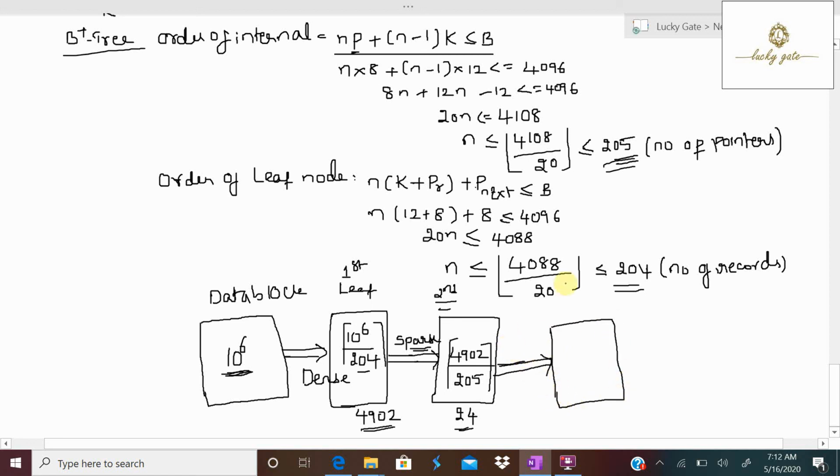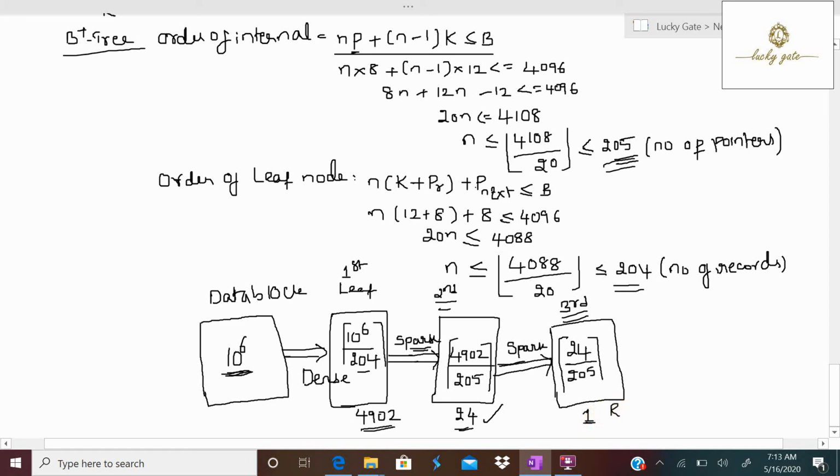So again we are going to create a third level of index. Over the second level I am creating the third level. Again the third level uses a sparse index. In a sparse index, the number of index records equals the number of blocks in the previous level. In the previous level, you have 24 blocks, so in the third level we have to create 24 records. For storing 24 records, the order of internal node is 205, meaning one block is able to store 205 records. But in the third level we have only 24 records. For storing 24 records, how many blocks are required? Only one block. It means we have reached the top level.